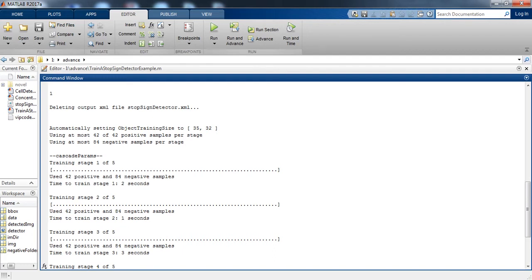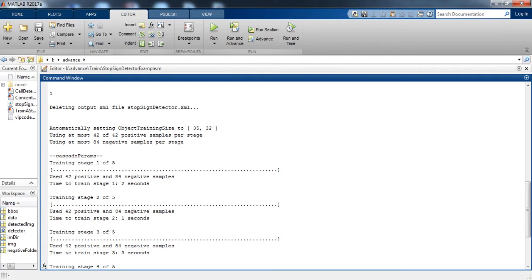It gives us the message: automatically setting object training size to 3532, using at most 42 positive samples per stage, using at most 84 negative samples per stage, and training stage 1 of 5 has started. In training stage 1 it is using 42 positive and 84 negative samples.